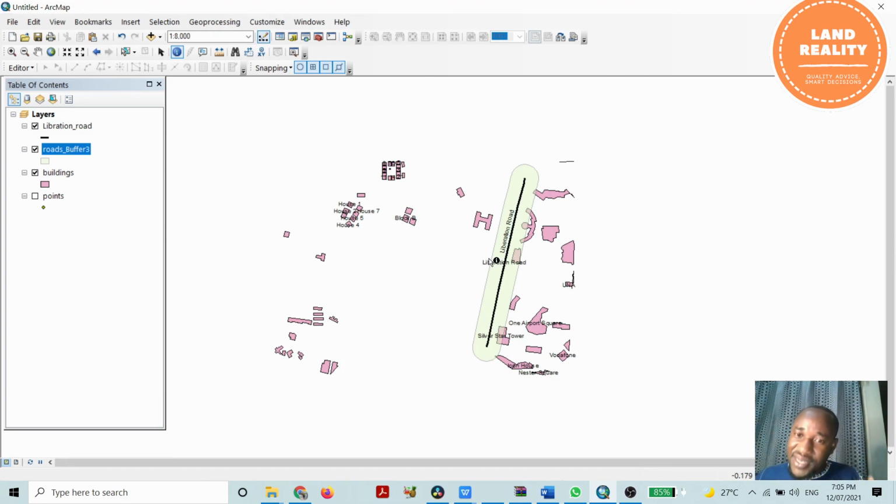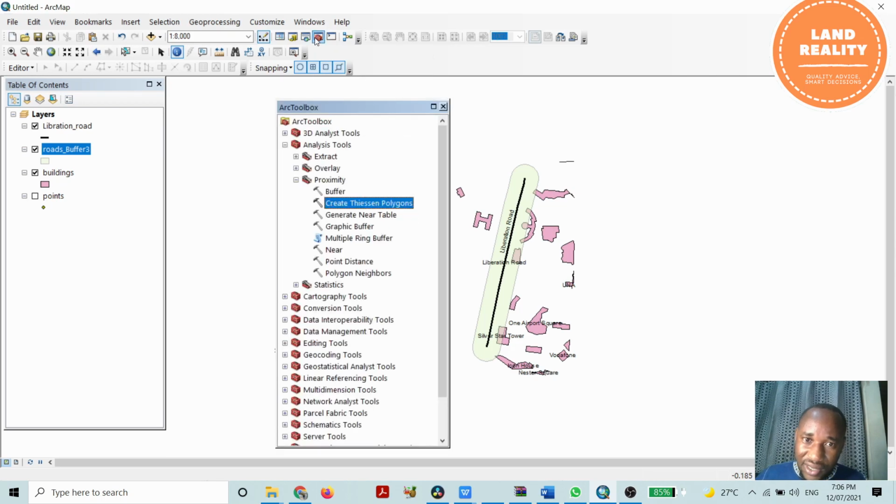in 50 meters, in 100 meters, and 150 meters, there's another tool we call multi-ring buffer. It creates multiple rings of distances. So let's see how that is used. You can access it through ArcToolbox. Click on ArcToolbox, come to Analysis Tools, come to Proximity. This is the first buffer that I used, that is only one ring buffer, and this is the multi-ring buffer. Double click on it